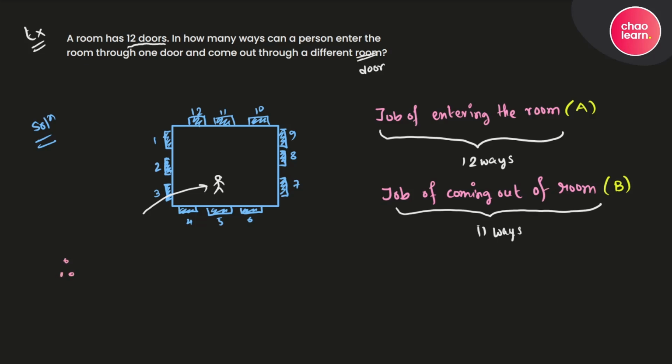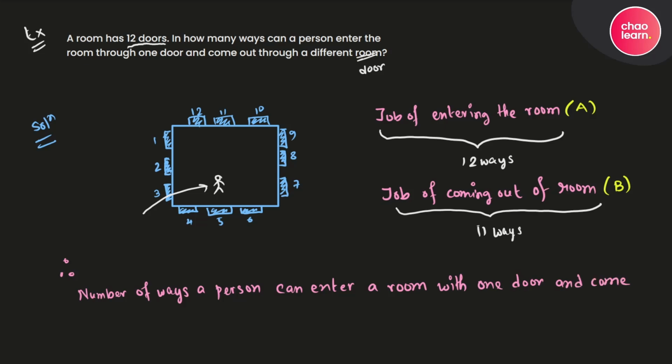Let me write over here. Therefore, the number of ways a person can enter a room with one door and come out through another in a room with 12 doors is equal to,